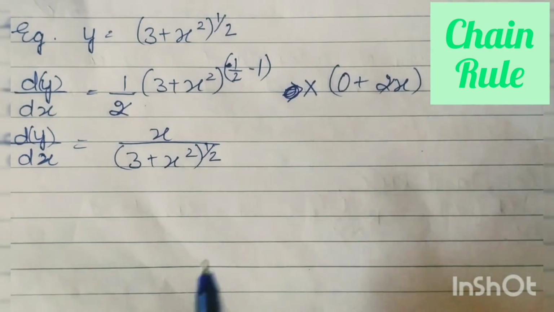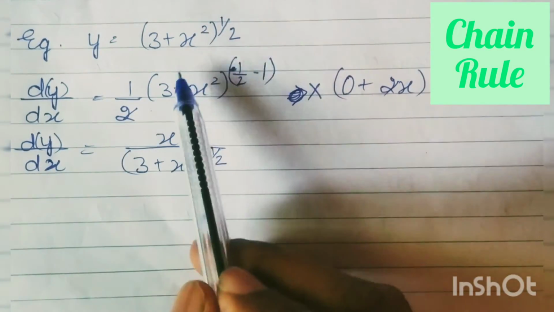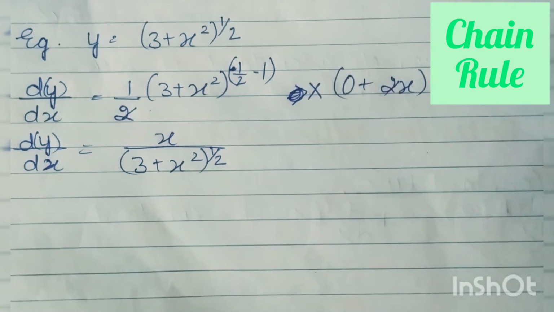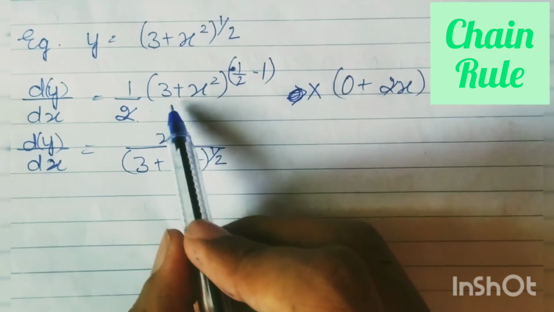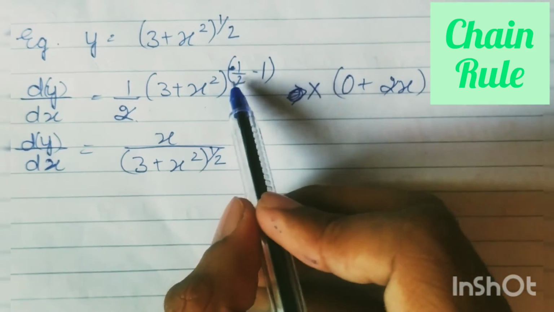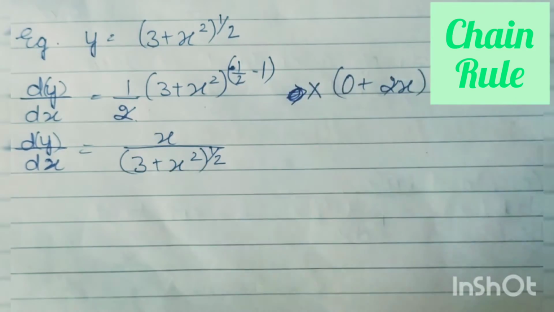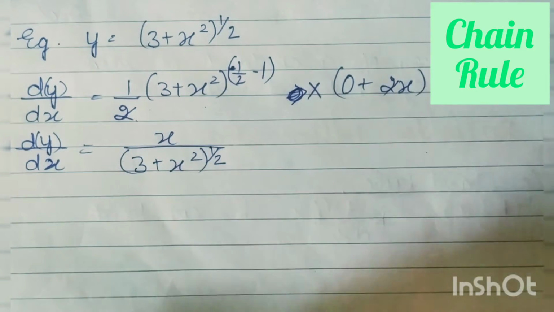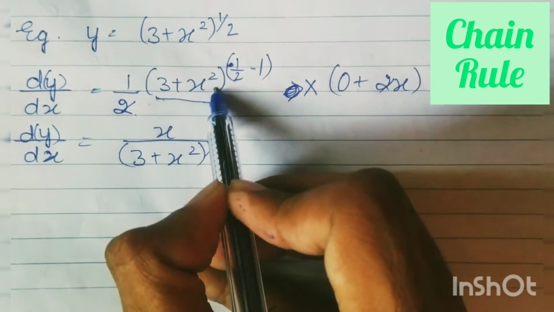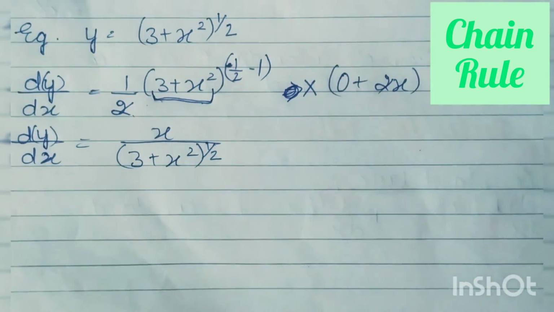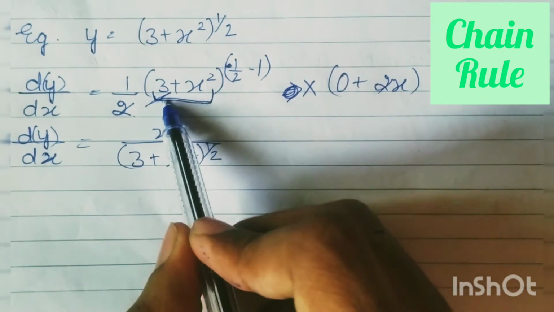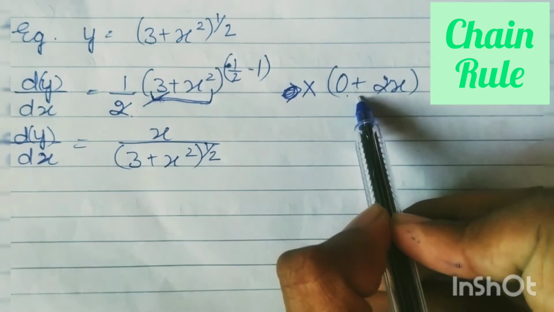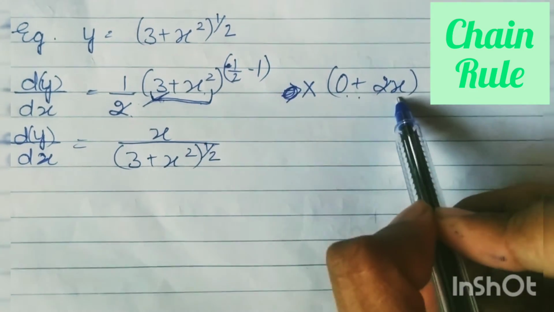Taking one more example, we have given (3 plus x square) raised to the power of half. This can be done directly. We will take first the power, then this whole sum raised to the power of half minus 1, that is your power minus 1. Multiplied by, your differentiation is not complete. This inside term is still undifferentiated. So we will do it. I have told you that differentiation of a constant is 0. 3 is a constant, so it is 0 plus x square ka differentiation 2x.